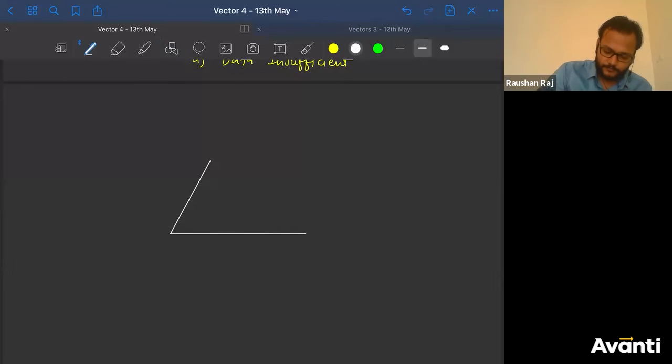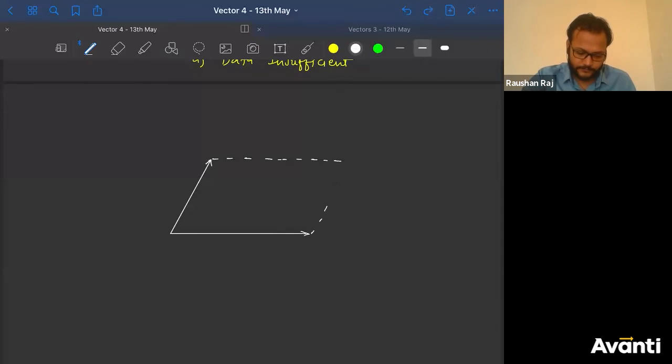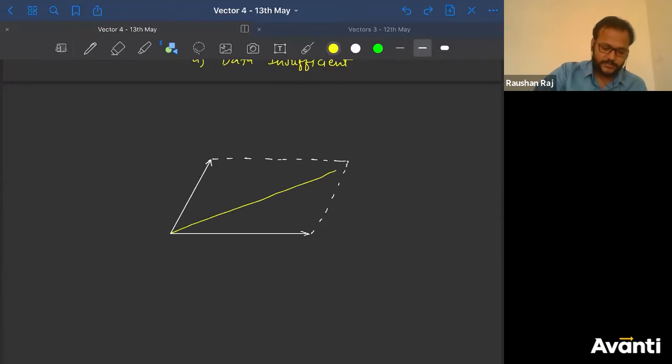Now how will the parallelogram be formed? Let me draw that. Let me draw the parallelogram using a dotted line so that I can erase it and then redraw a different parallelogram. So it will be parallel to this, and it should be equal to the length of the A vector. And then it will look like this. So this is how the parallelogram looks, right? Now, which is the resultant vector? The resultant vector will be this one. Let me use a yellow color. So the resultant vector will be this one. Correct hai? So this is the parallelogram rule of addition.